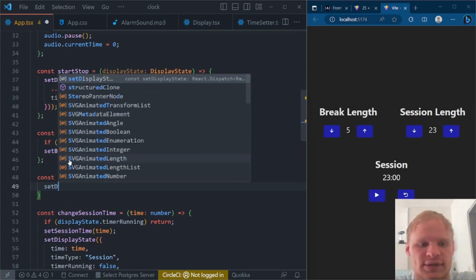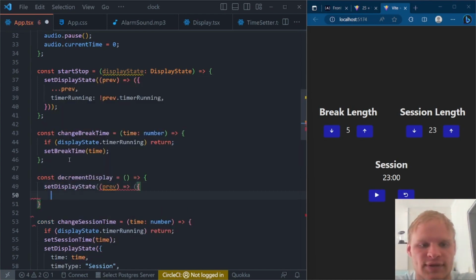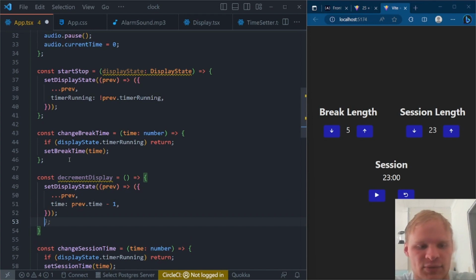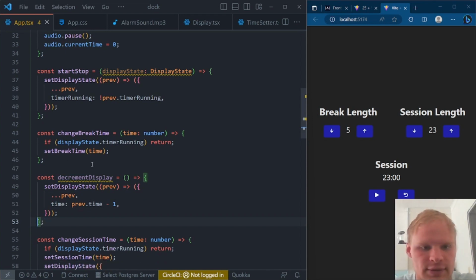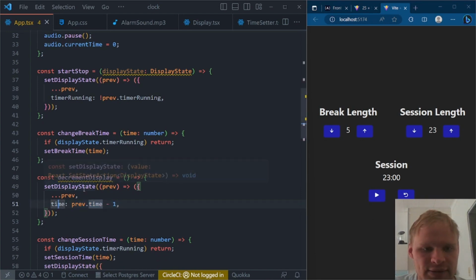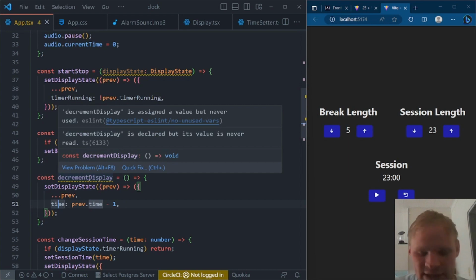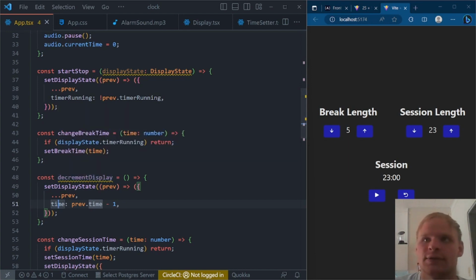And this function is going to set our display state, previous time minus 1. Perfect. That is exactly what I want. So this just decrements our time by 1 when it gets called. So it has to call it every time though. So in order to call it once a second, I have a